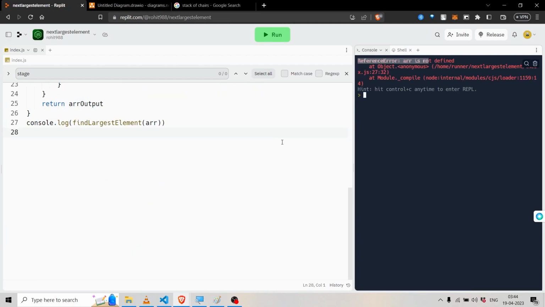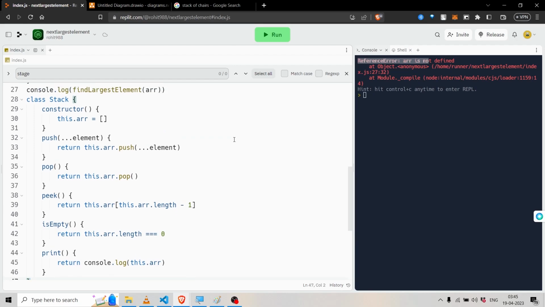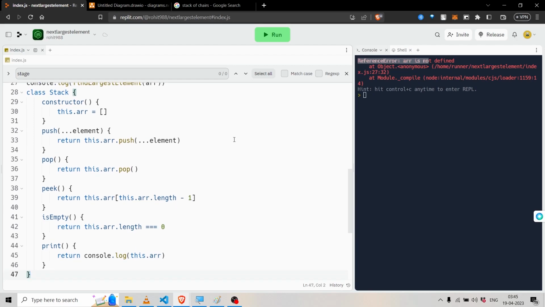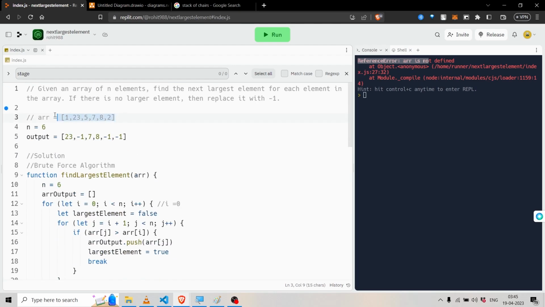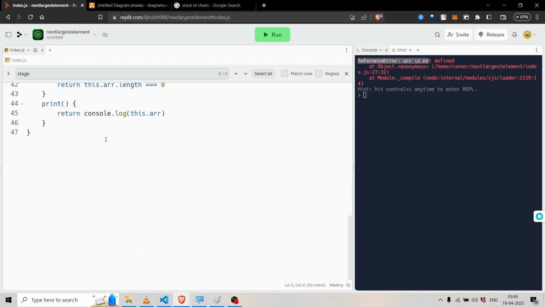Now the time for the better algorithm. To solve this problem, we will use a stack data structure to find the next largest element. I have already created the stack class. Let me copy that. Paste it. We will start iterating the array from right to left. So this is our array. From right to left, that is 8, 7, then 5, and then 23, and then 1,